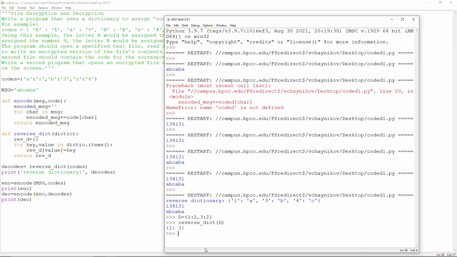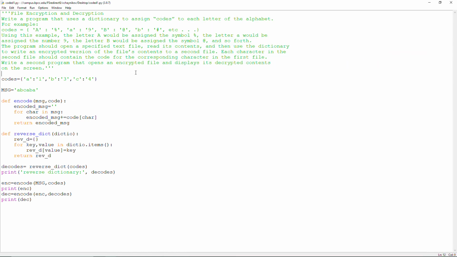Capital D. Oops. Because the value was the same for 2 keys, the second time it saw the value 2, it made it a key and wrote over the previous one. So one of the pairs was lost because of overwriting. But in our case, since we want our code to make sense, we need one-to-one correspondence between keys and values, so our reverse will not lose anything and actually is able to reproduce the original message. Okay, this is the main logic of the file, and all we have left to do is to play with the